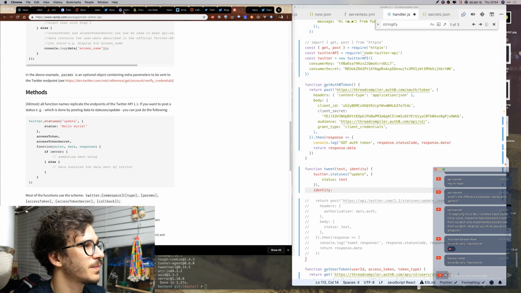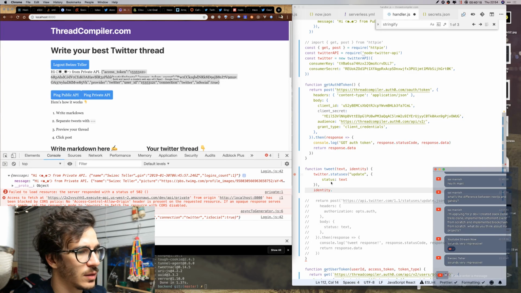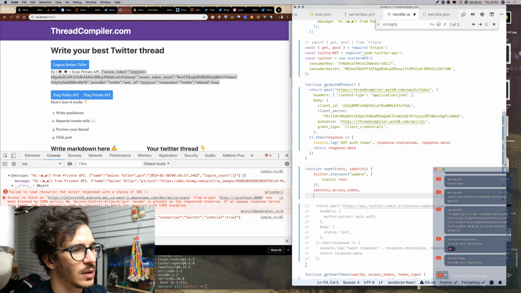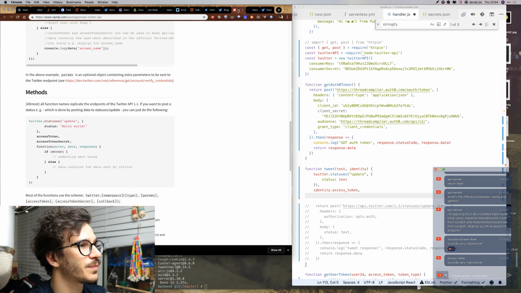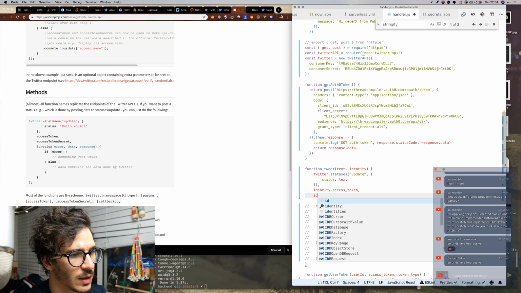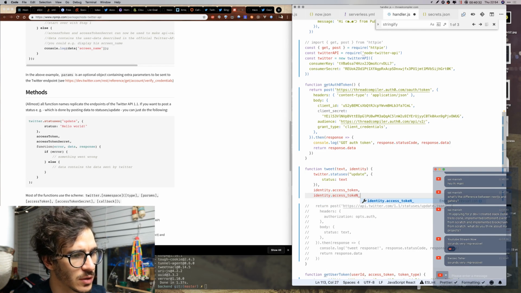Access token. Yep, identity dot underscore access token. And what else do we need? Access token and access token secret. Identity access token secret.